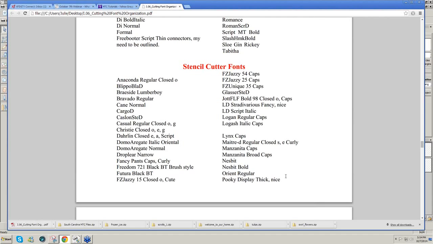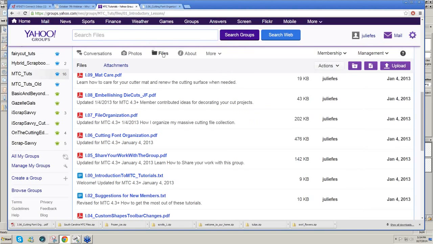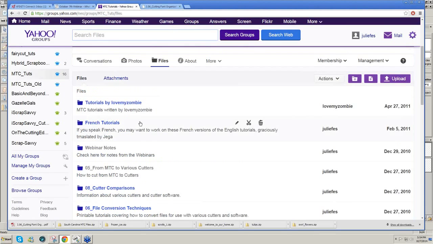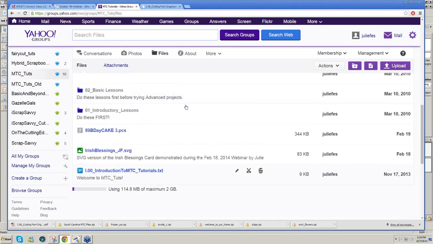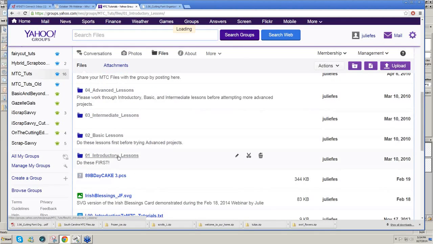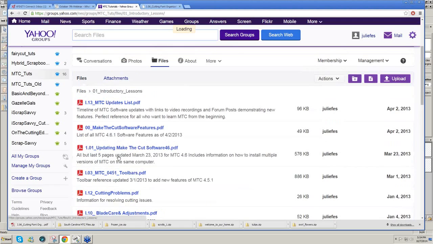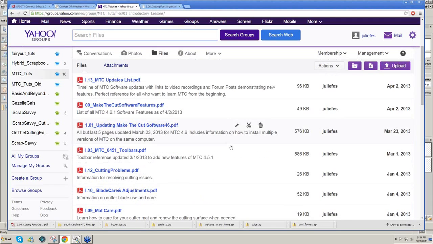So you can download this file. It's in, again, MTC Toots Yahoo group. It's in the Files section under Introductory Files. So if you were to go into the Files section and then scroll down to Introductory Lessons right here, and then go to the file called Font Organization,